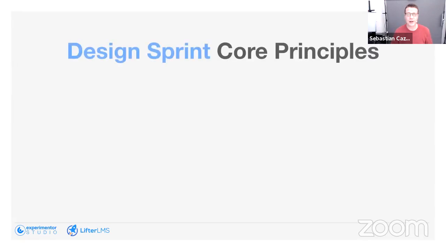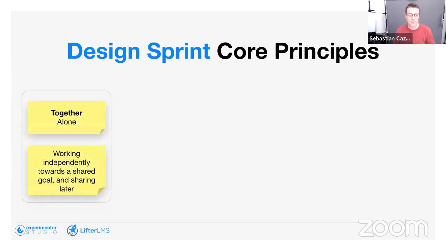The common sense that I told you about is represented by 4 core principles. So you see, everything is symmetrical somehow. We have 4 days and 4 principles. It's very easy to remember. I would say the method is quite elegant in the way it's represented. The first principle is called together alone because we work independently towards a shared goal, towards a common goal,